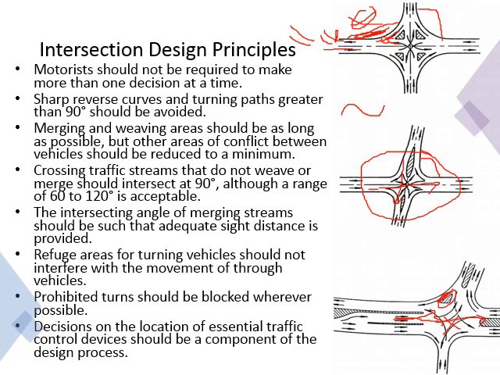Then the last point is, when you are designing the intersection, make sure that you have already taken the decision where you are going to put the control devices. Control devices including lane marking, traffic islands, median, signals, roundabouts. Design them while you are designing the intersection itself. Do not leave them for later, because later you may not find a sufficient place to put these devices. So design everything in tandem.